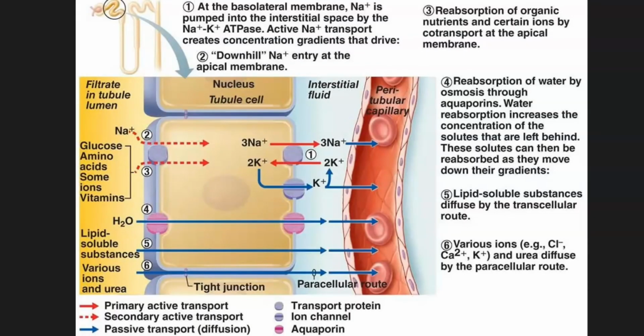The proximal convoluted tubule is one of the important lessons with respect to the CAIE examination. Here on the top right you can see a photograph of a nephron, and in this nephron, after the cup-shaped structure, the first convoluted tubule is the proximal convoluted tubule. So most of the reabsorption occurs here